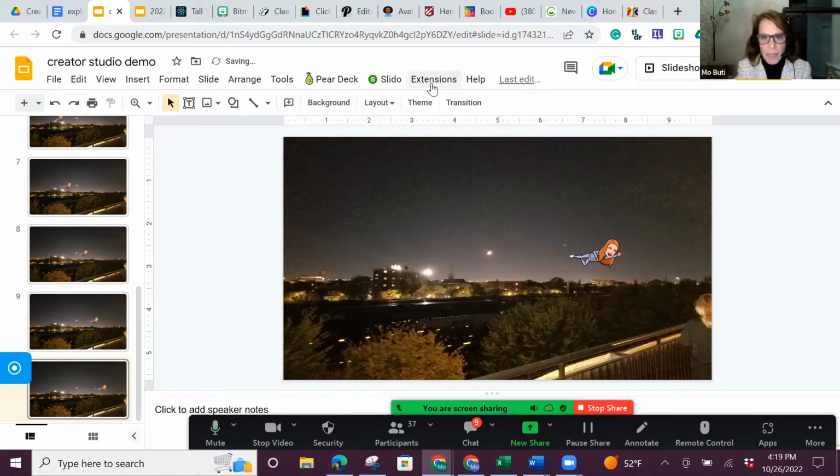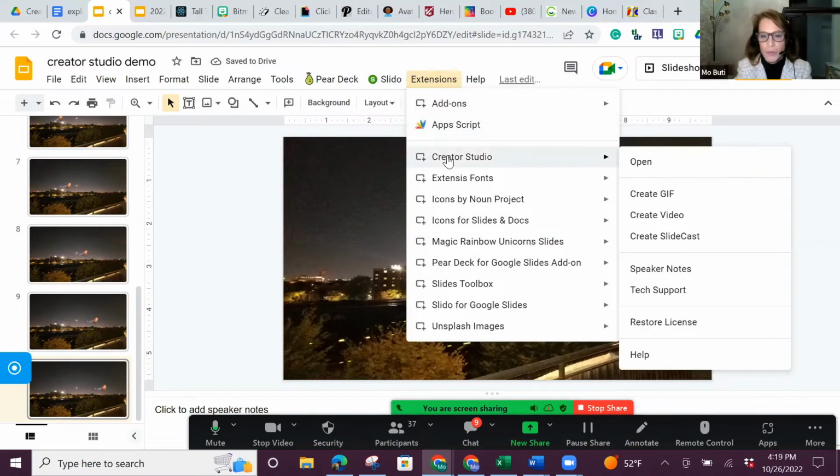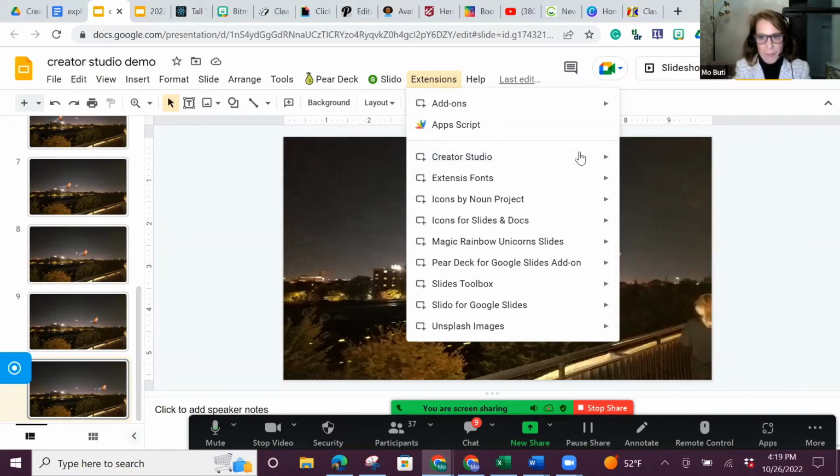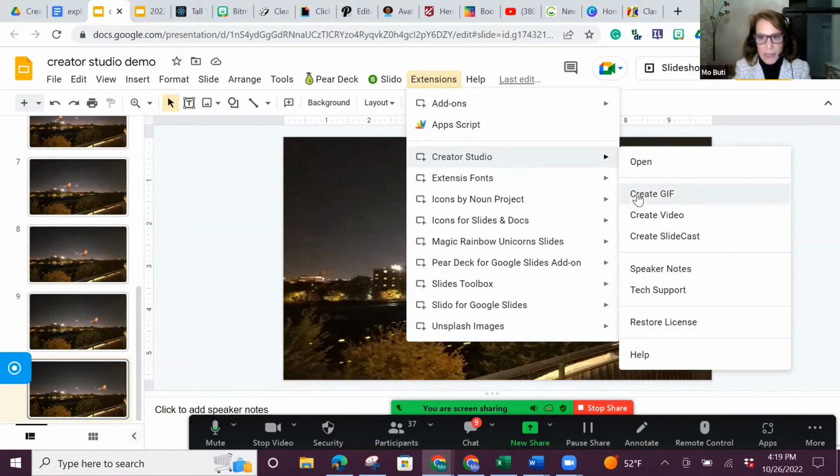I'm going to go into my extensions, and it's called Creator Studio. Now, Creator Studio can make a video of my entire slideshow. It can create a GIF, which is what we're going to do. I also like Creator Studio for pulling my speaker notes out, because then I can print them out and have them on the side if I ever want to. So that Creator Studio extension is also useful for that. But today we're going to create a GIF,